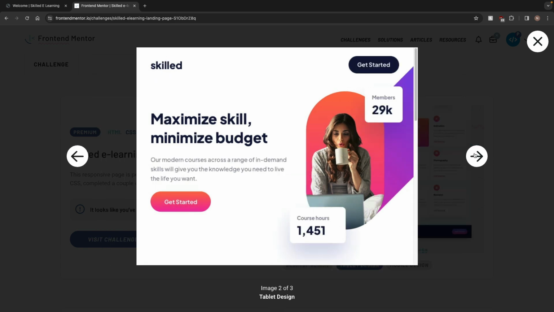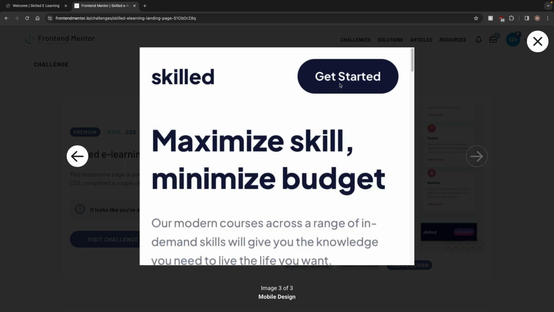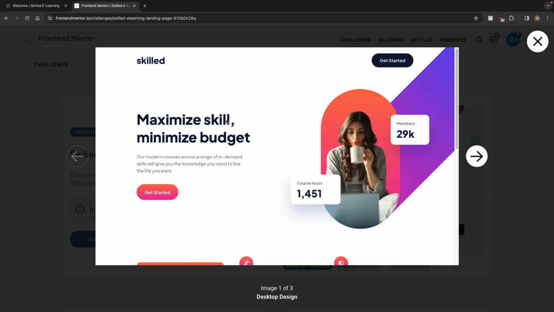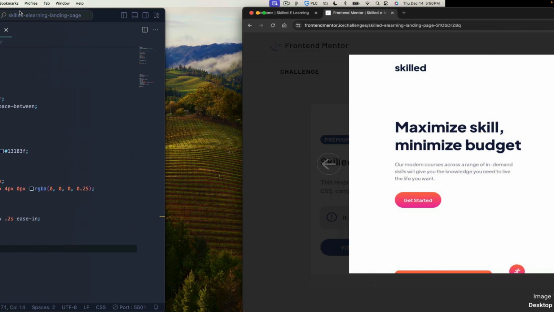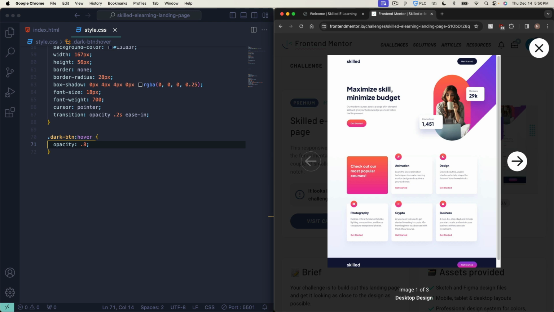But as you can see, this is the tablet design, which looks the same. I don't think we changed the font size of a button or something. And then on the mobile version, on some smaller screens, we've got to make the button and everything a little bit smaller. Okay. So let's just do that now before we get too deep into this thing and have a million things to make mobile. So I am going to go down to the bottom here